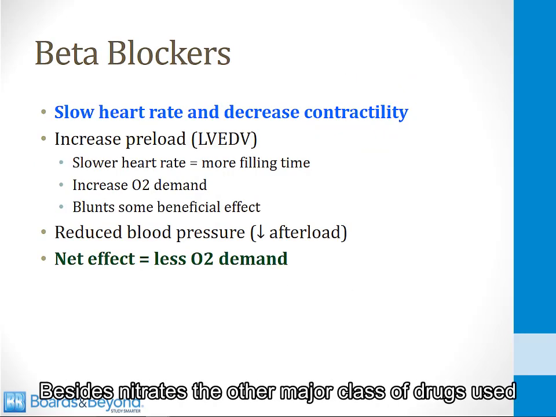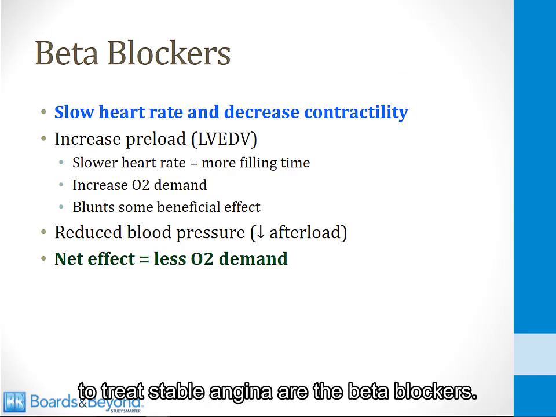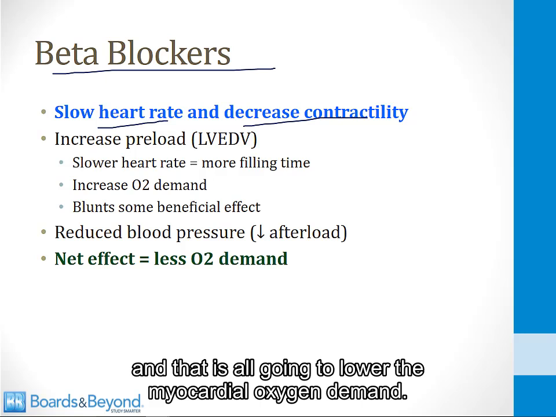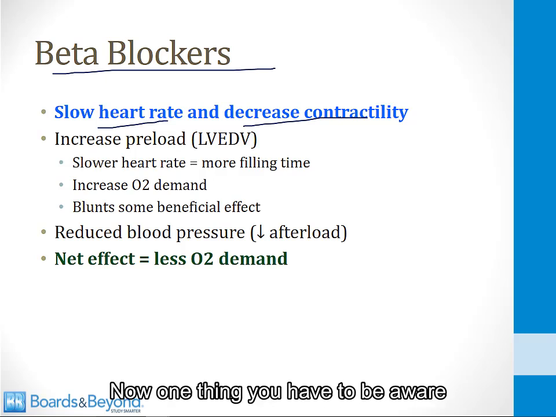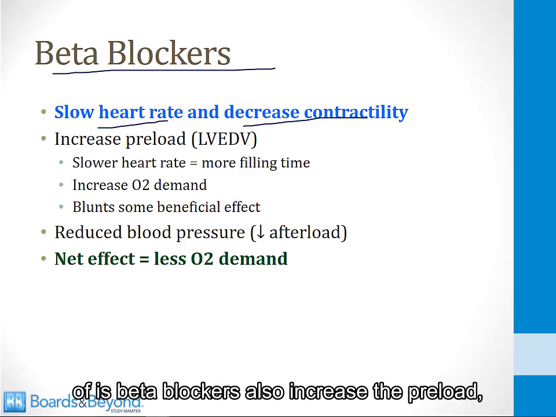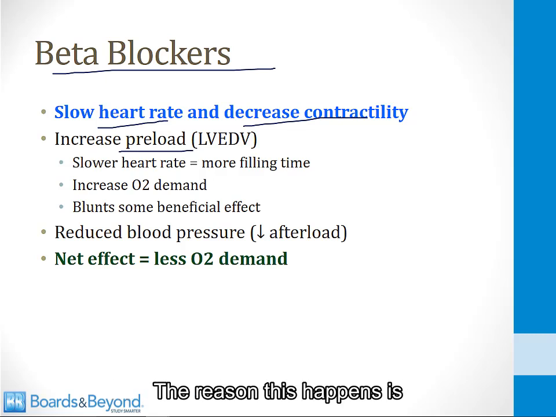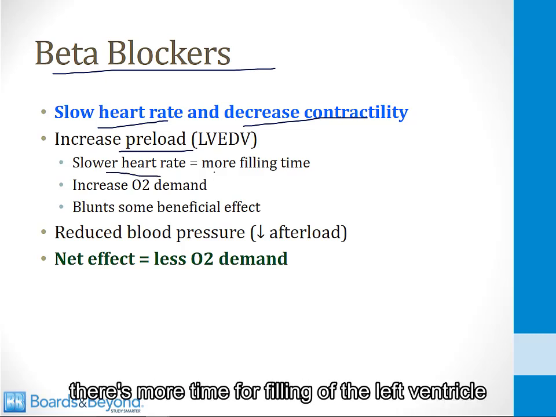Besides nitrates, the other major class of drugs used to treat stable angina are the beta blockers. These drugs slow heart rate and decrease contractility, and that is all going to lower the myocardial oxygen demand. Now, one thing you have to be aware of is beta blockers also increase the preload, the left ventricular end diastolic volume. The reason this happens is because when you slow the heart rate, there's more time for filling of